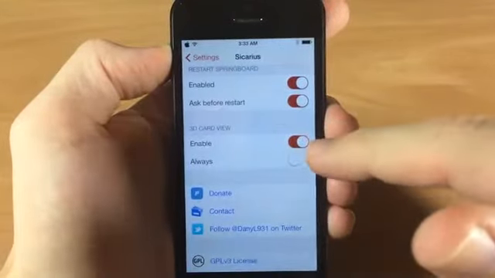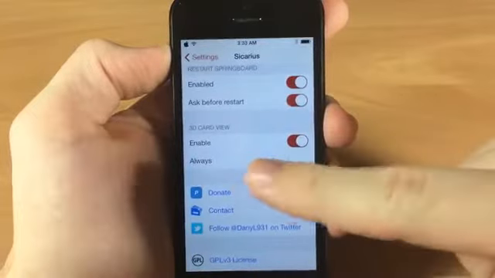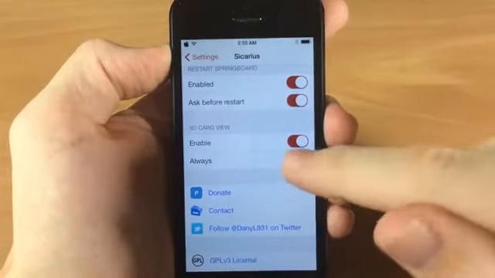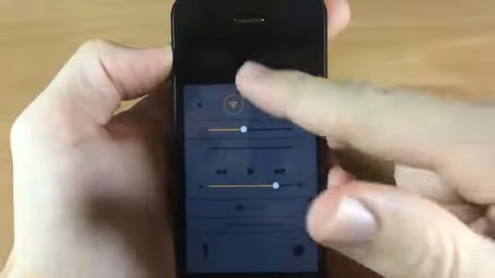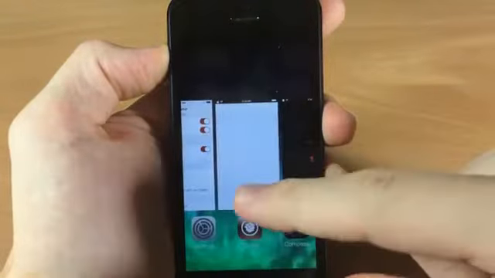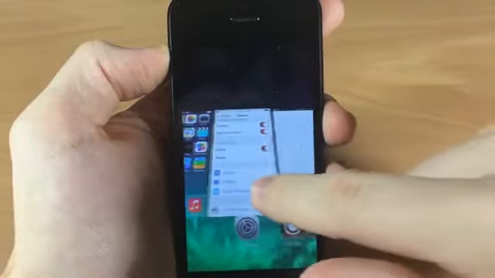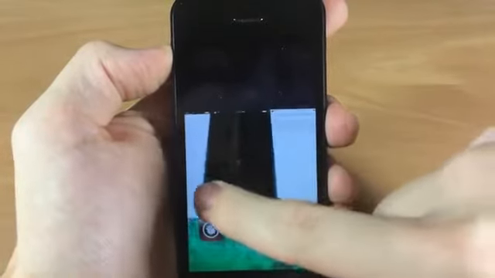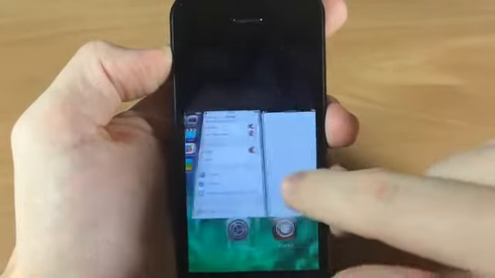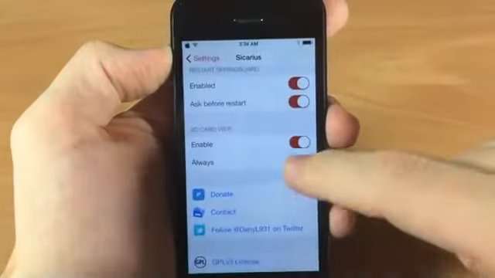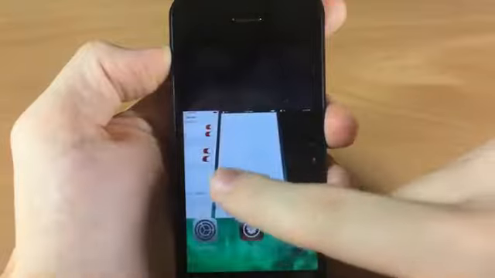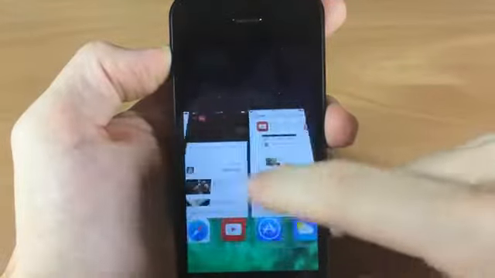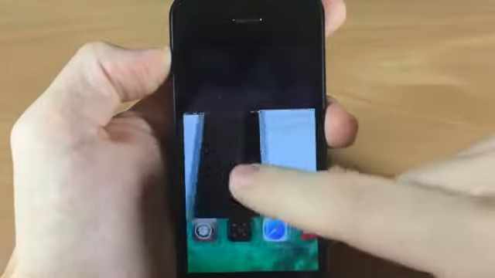Now for the 3D card view, you can enable that when you're swiping across the app switcher, and you can also have it enabled always. So this is what I mean by the 3D view. If we open up the app switcher here and we swipe across, you see that is the 3D view. Now you can obviously, like I was saying, turn that on all the time just by tapping always, and then we open up the app switcher again, and it's always going to be leaning like that, so it has that